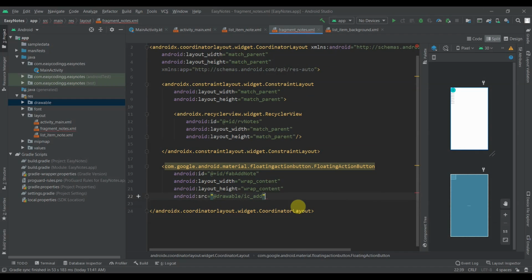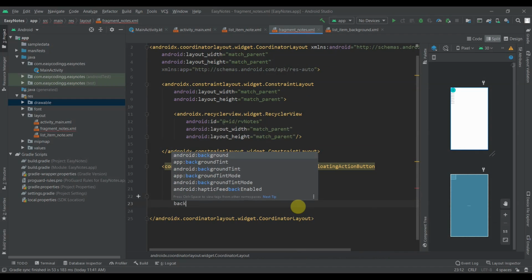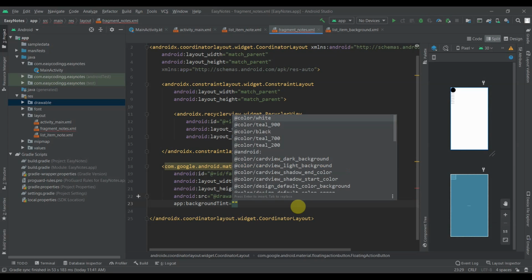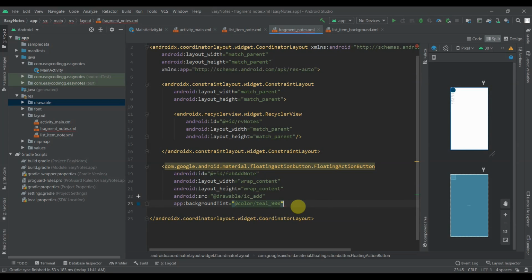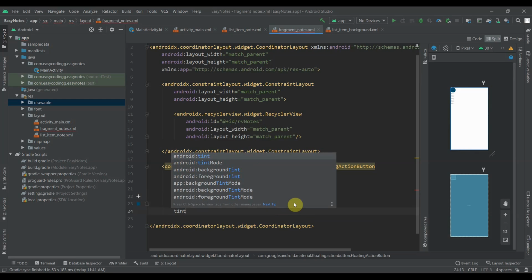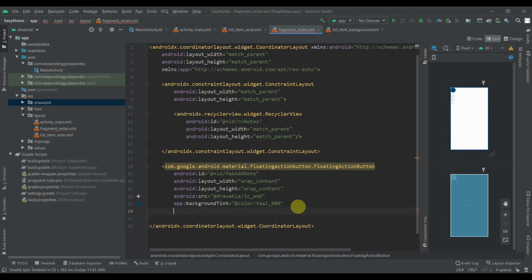Now we will change the color of our floating action button using background tint attribute. So background tint will be teal 900, and we also want the icon color to be white. So tint, not Android tint, app tint, and change it to color white,